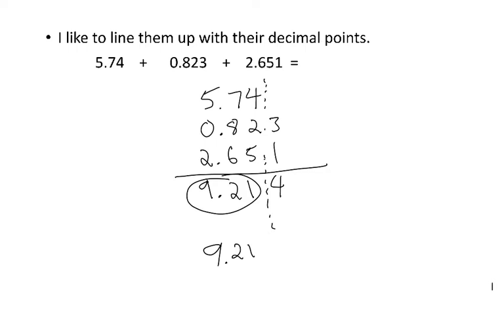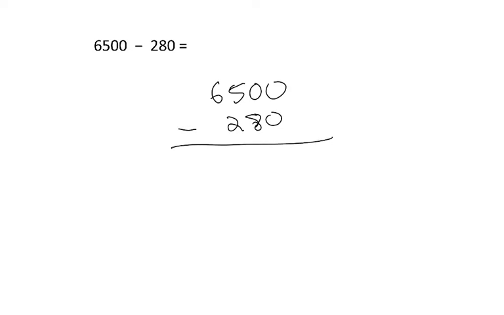All right, let's do another example. Okay, now we're doing subtraction, but the rules are the same as for addition. And they haven't written explicit decimal points, but we know that it would be here and here. So I'm going to line them up the same way that I did before. So I have 6,500 minus 280. And then when I do that, the answer I get is